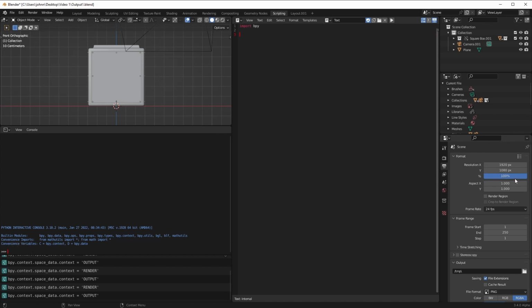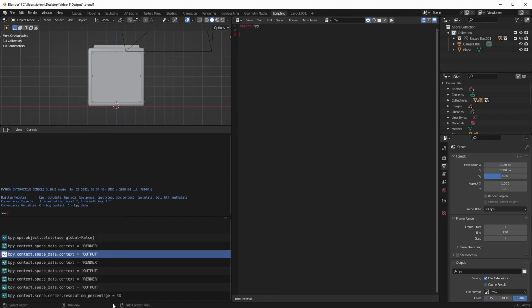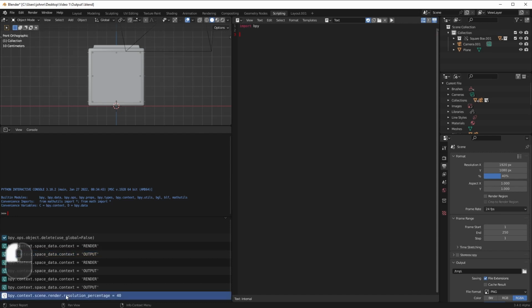Next, we want to change the render percentage. The first thing we can do to try to find out how to do this is to simply change it, and then look over here in the info output window. You'll notice a command here, bpy.context.scene.render.resolution_percentage = 40. I'm going to copy this command by highlighting it and pressing Ctrl C, going over to my script tab and pressing Ctrl V. If I take this and change the 40 to something like 50, and then run my script,